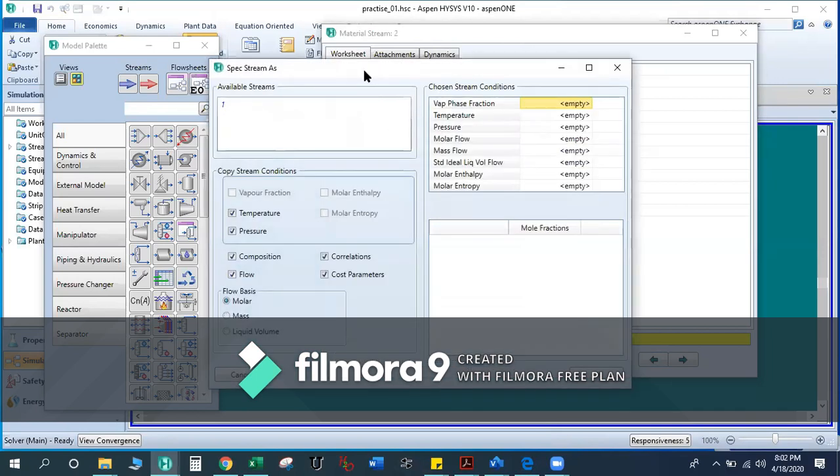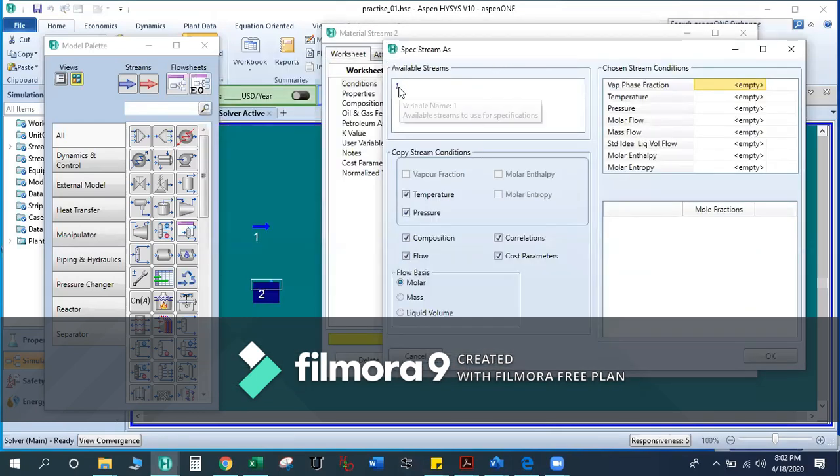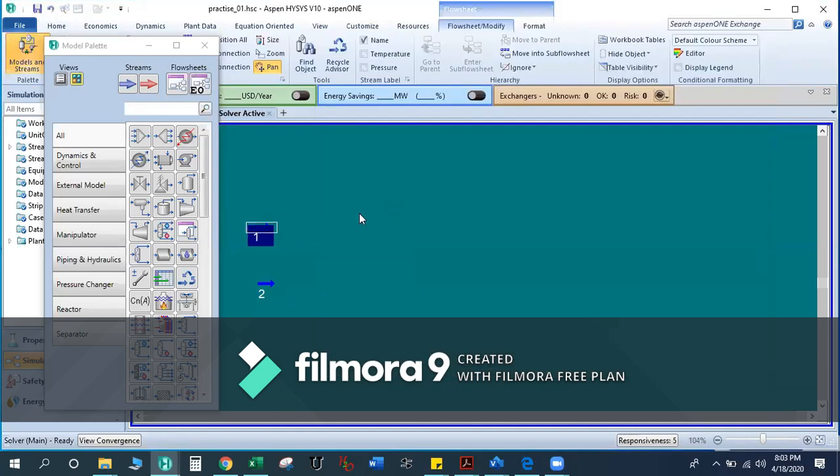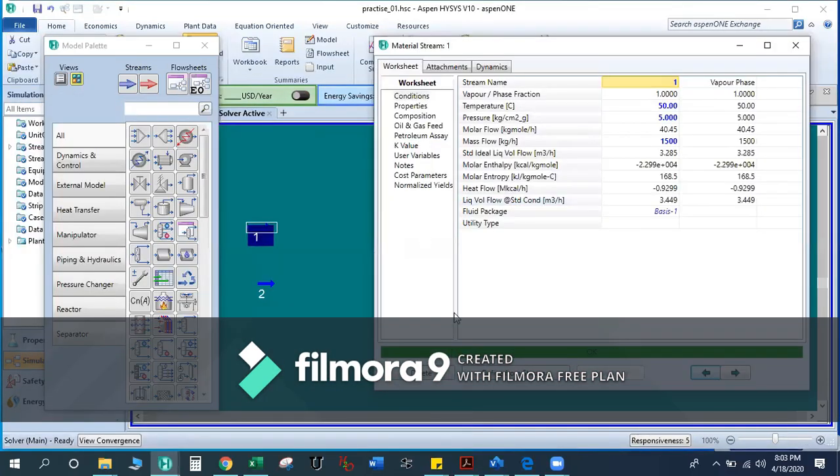We will select define from stream, select this one and click OK. So this stream will be defined by using that stream. This is the meaning of define from stream.